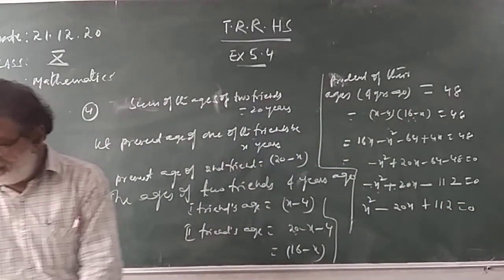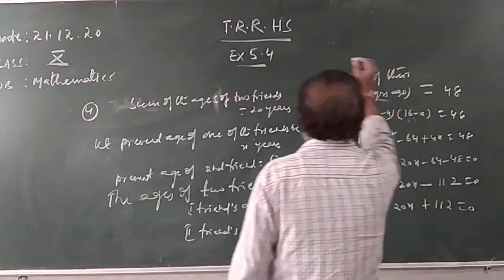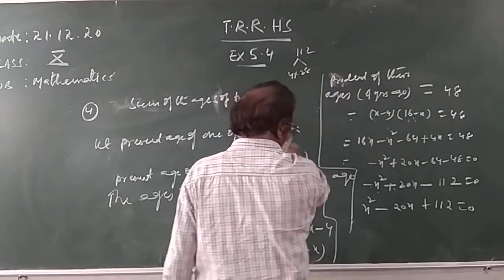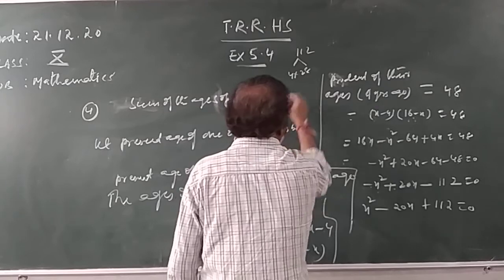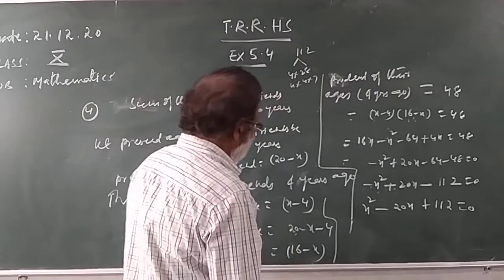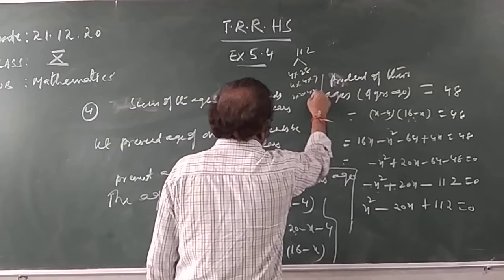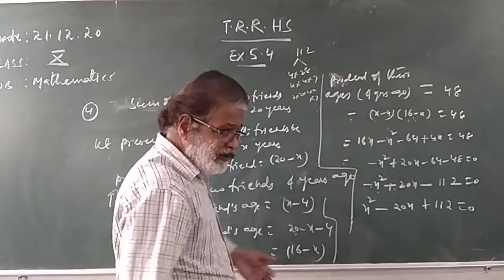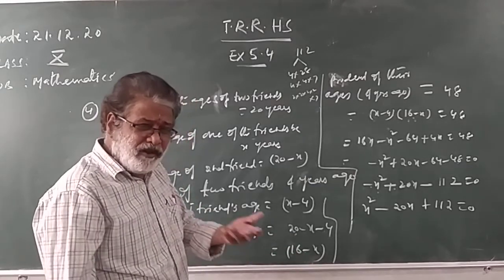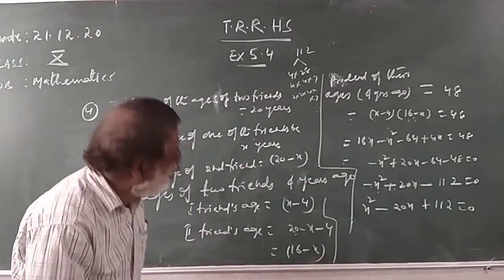Now we will factorize it. How do you factorize 112 here? Split into factors: 4 eights, 4 into 4 into 7, 2 fours, 2 fours into 7, like this. You split into factors and the middle term should get 20. Can it factorize? Better you find out the discriminant. If you find the discriminant, you know whether the roots exist or not.